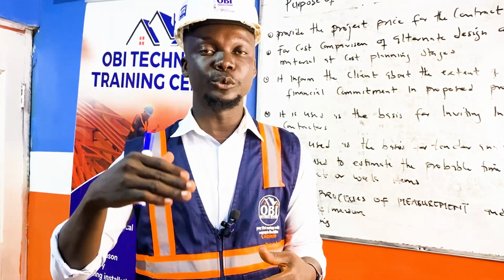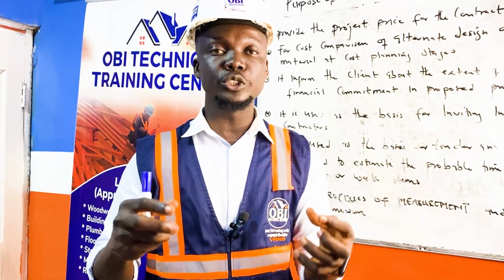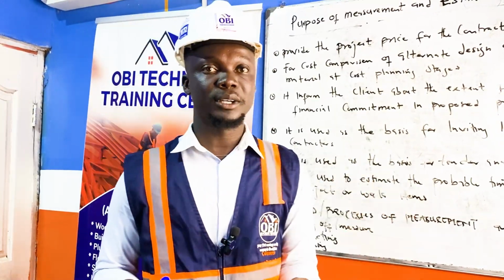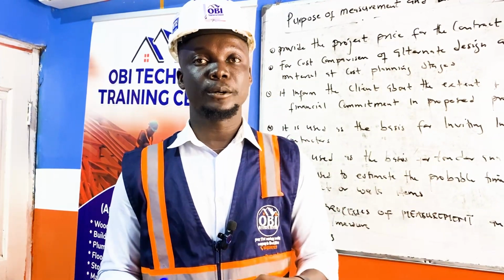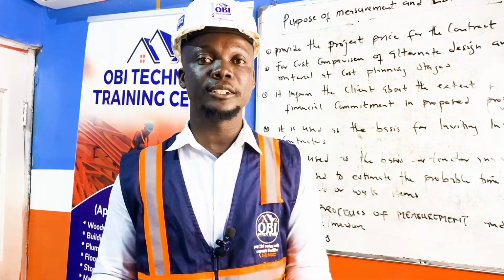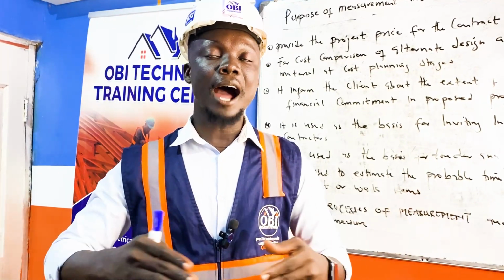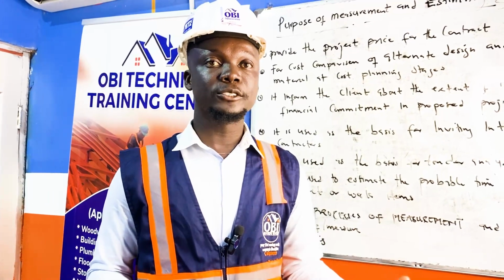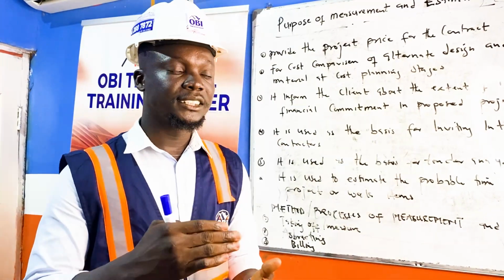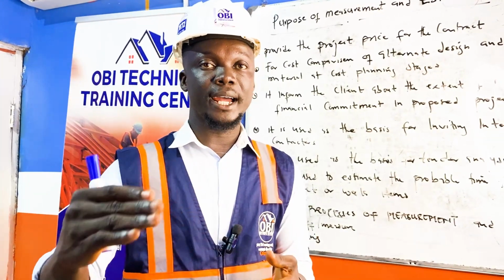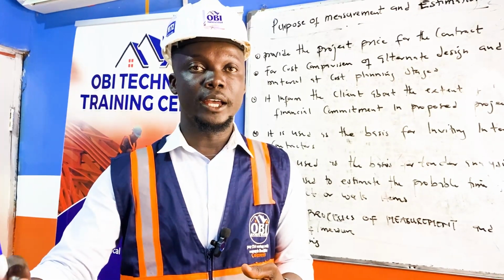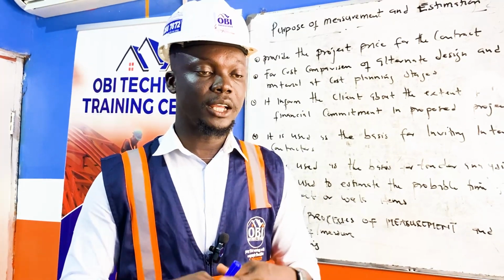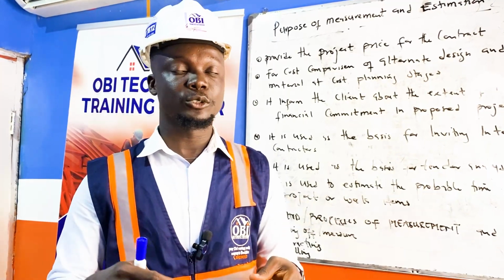And the method statement will determine the period of time they'll be able to use to complete one work section or one trade work section. So based on the method statement, they will derive the program of works out of it. At the end of it, the program of works will determine the duration of the project, how long the project will take, whether it's 3 months, 4 months, a year or 2 years. And based on that, the clients can also prepare a financial statement on that and how to supply the funds for the project to be executed and also to be finished on time as planned by the consultancy team, and also as the client wants.